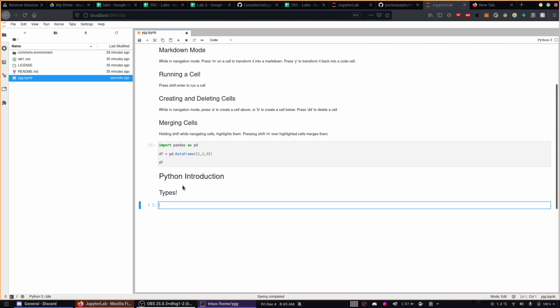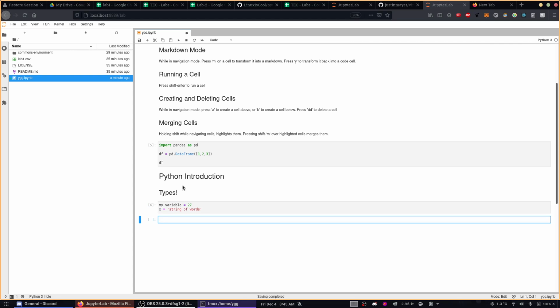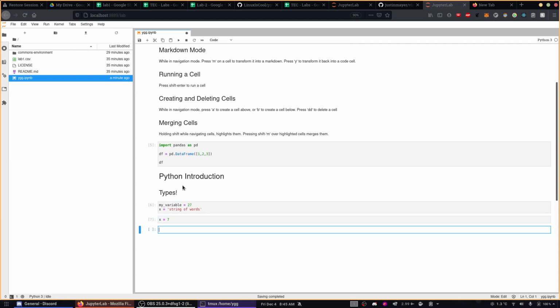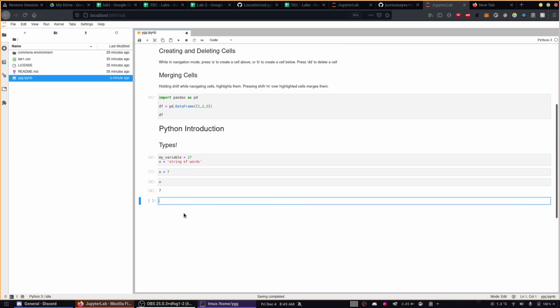Types. So the basic types are strings, or I guess the first thing to know is a variable. So we can define variables. My variable equals 27, or you can say x equals, and Python is loosely typed, so you can set x to be like a string of words, and then you can later set x to be the number 7, and that's no problem. Now we can print x, and this is the whole advantage of the Jupyter Notebook workflow,